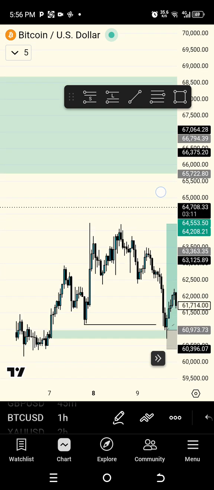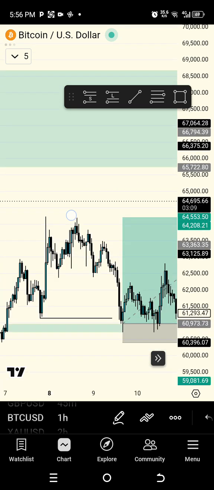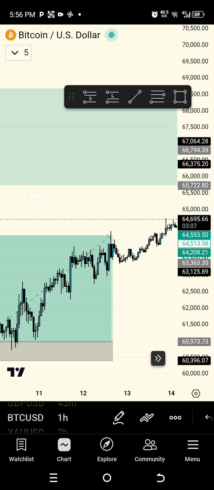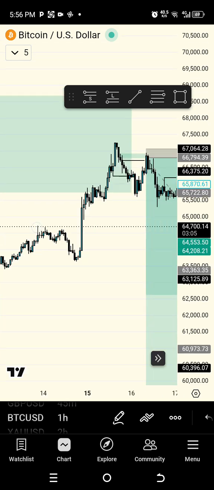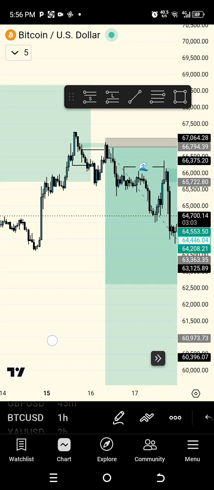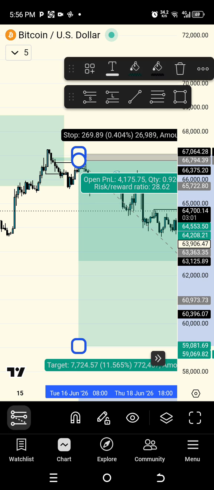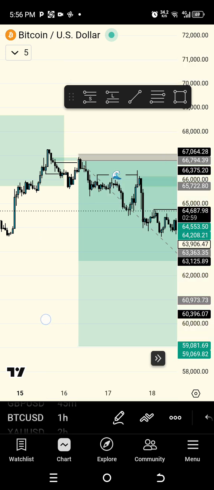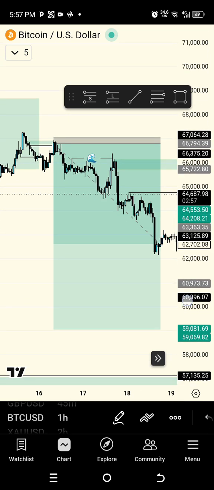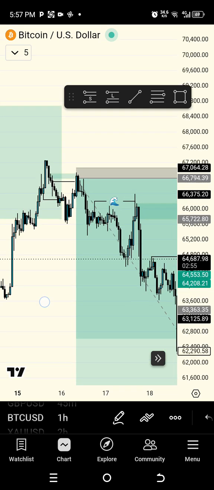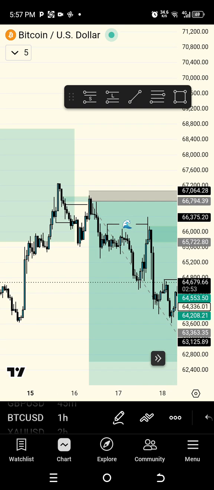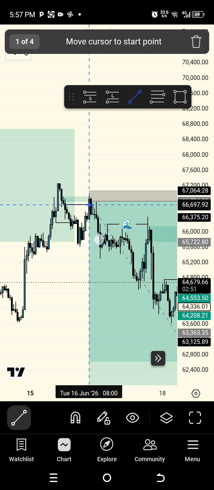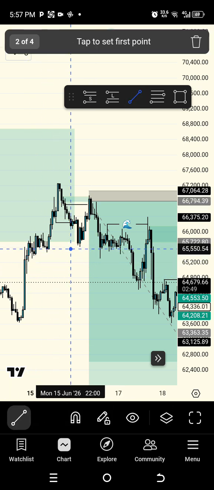This is currently about 1:8, that's about 1:28. Sorry if I say it. This is 1:28.62 risk to reward. So after that, the same thing even happened in the 1 hour time frame. So for some people that is thinking, to get